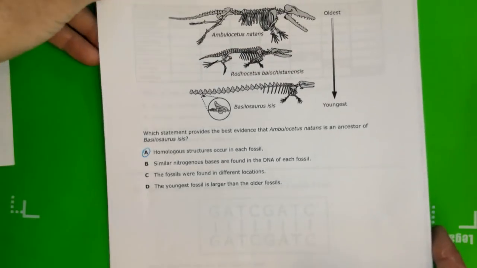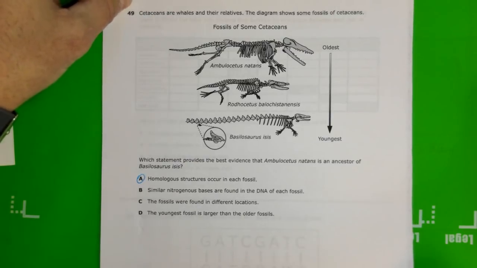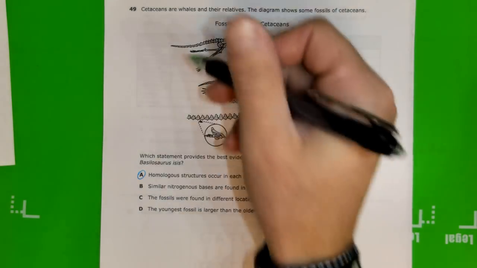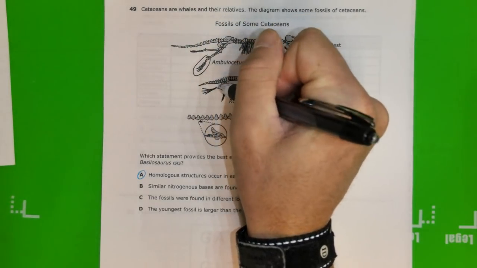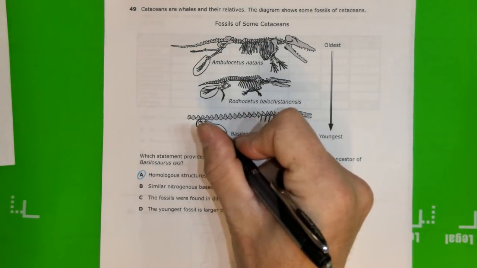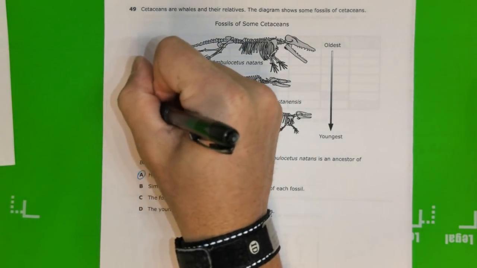Cetaceans are whales and their relatives. The diagram shows some fossils of cetaceans, or however you say it. I'm going to say cetaceans. I may be saying it wrong, but it's all right. So which statement provides the best evidence that Ambulocetus natans is an ancestor of Basilosaurus isis? Well, if we look at the structures in their legs, they all look very, very similar. And if we zoom in on this part right here, we see that it has a vestigial or no longer used leg. So those are what's called homologous